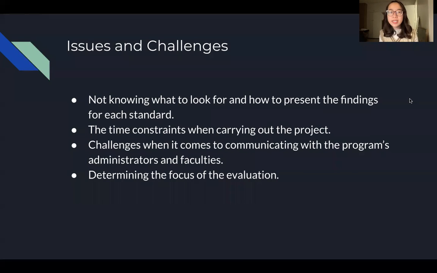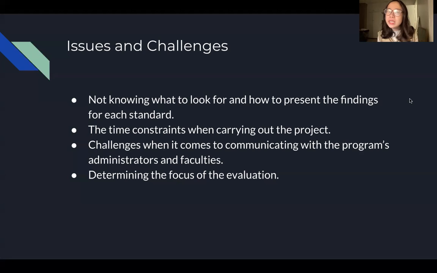And during this process, I noticed that there were issues and challenges that I didn't expect to arise. Because of that, I want to make notes of these issues and challenges for future planning of similar projects. So first, the most difficult part for me was that I didn't know what to look for, in the sense that I was looking through the self-report and was a little bit lost on what I needed to do. And then I was also really clueless on how to present the findings for each of the